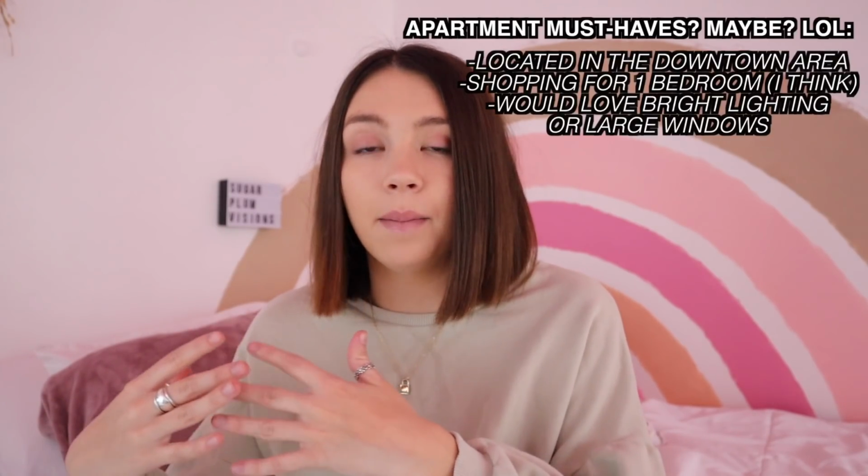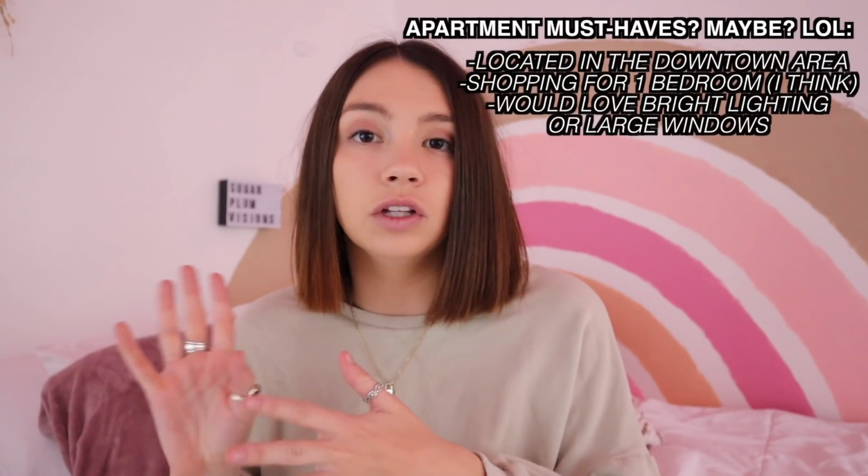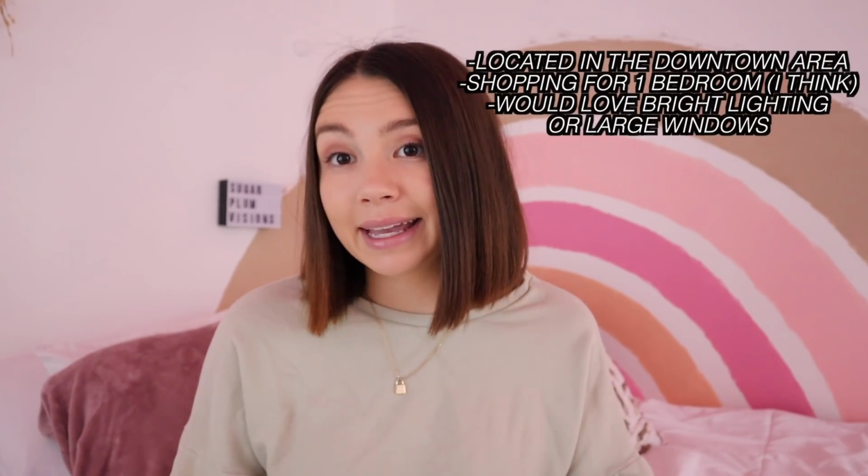I am interested in a place that is basically downtown Columbia and above a store. It's a little studio apartment, so I'm hoping I can get in a tour of that, but I'm going to at least walk around downtown, show you guys the different apartment buildings because there may be some downtown that I haven't seen online that I could also be interested in. So I'm just gonna show you guys downtown Columbia, different apartments that are down there,